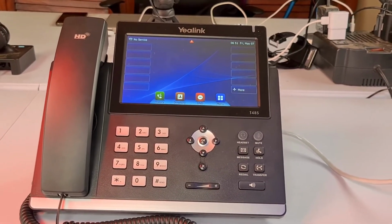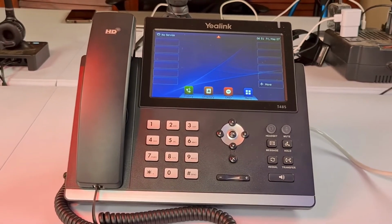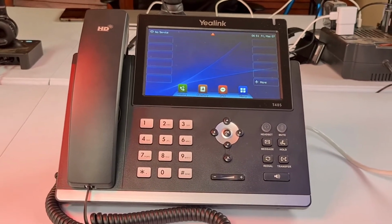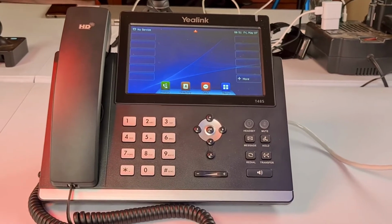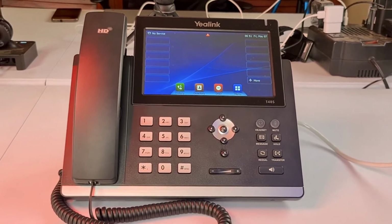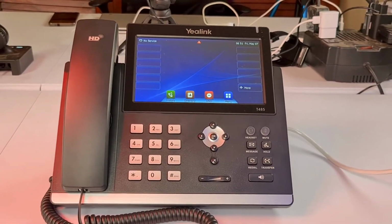This phone is supported by most all major voice over IP service providers at the time of this video. It's still to this day, even though there's a bunch of other touchscreen phones out there, and Yealink has even released some newer touchscreen phones, this phone still is, at least for us, and we deal with hundreds of businesses that are looking for service and hardware to go with it, probably the number one touchscreen phone